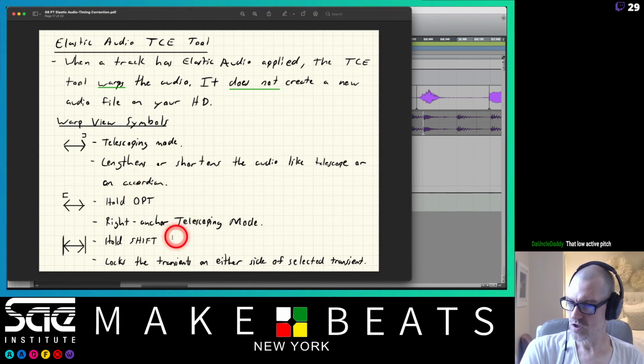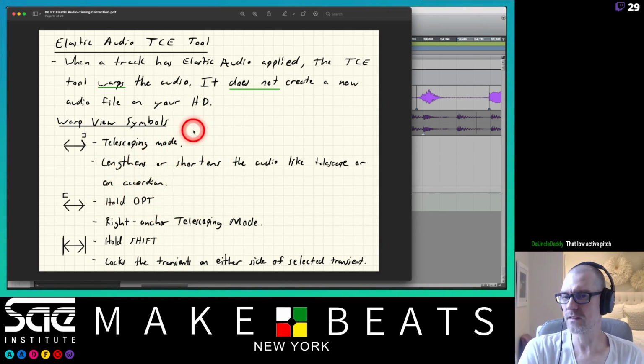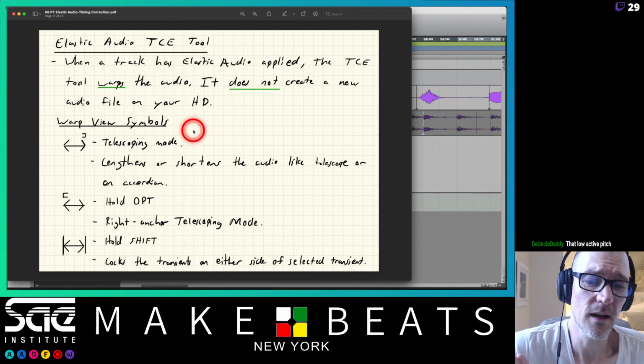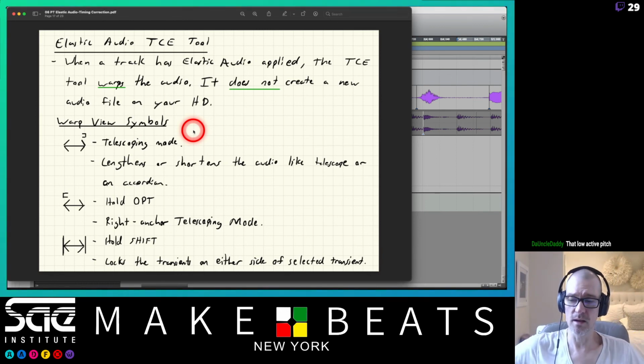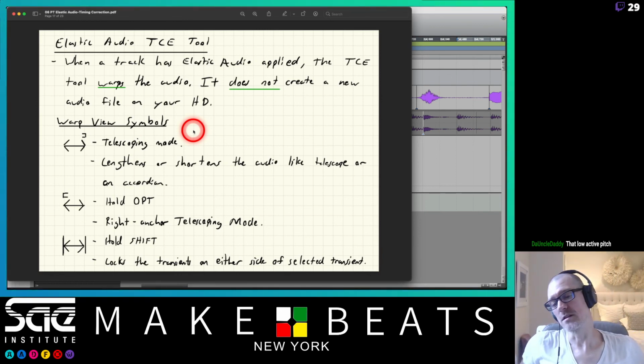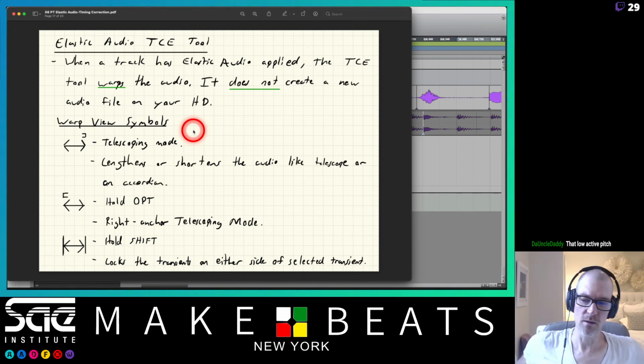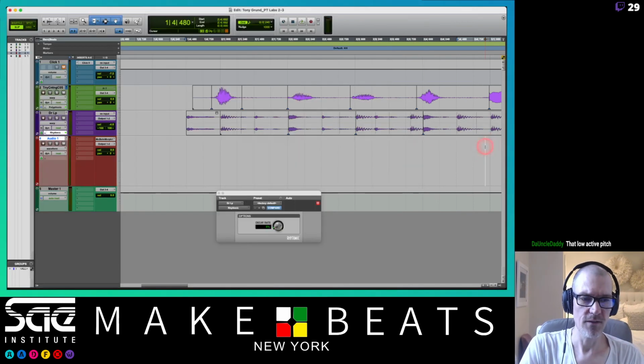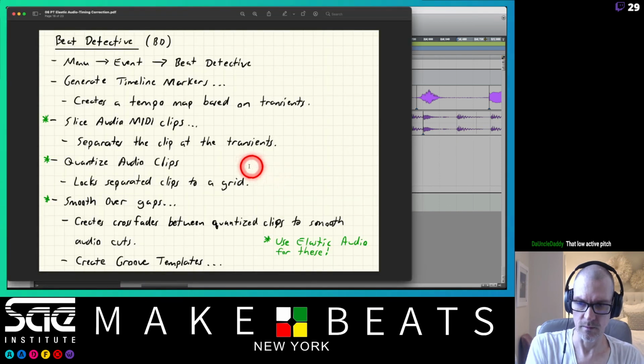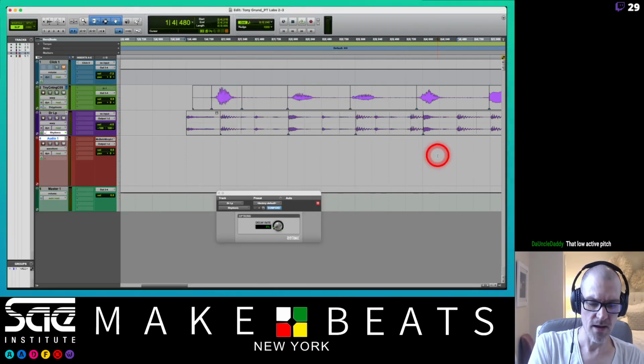This stuff here we should hold off for another day. This is telescoping mode. It lengthens or shortens the entire clip like a telescope or an accordion. You can hold Option to make it go to right anchor or left anchor. What that does is, if I have this one here,